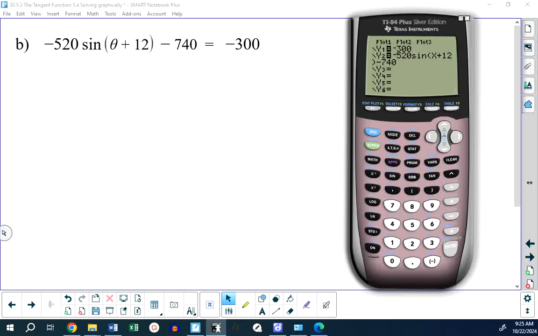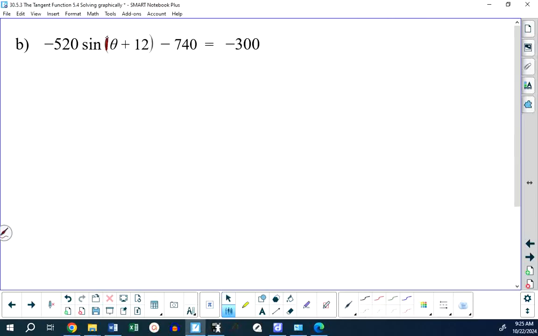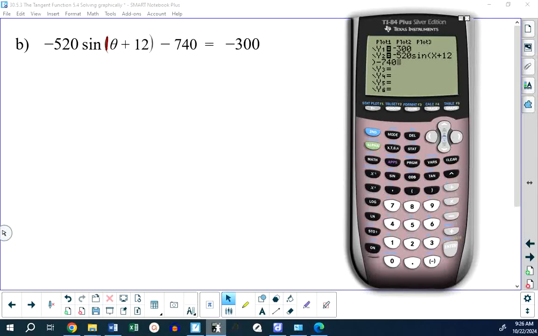What do we want to do for the window settings? Well, since b here has a value of 1, the period of this function is 2 pi, so I'm just going to go for 2 pi. I always want to go one period. This is the skill I want you to get out of today's lesson. So in my window setting, I'm going to go from 0 to 2 pi. It doesn't matter what my scale is. And for y, well,